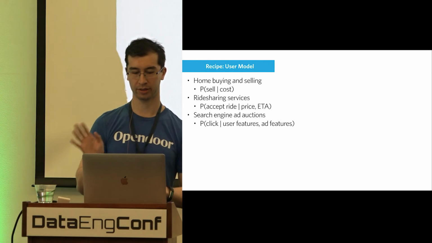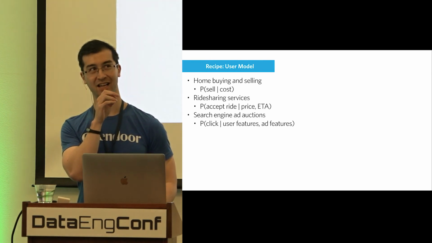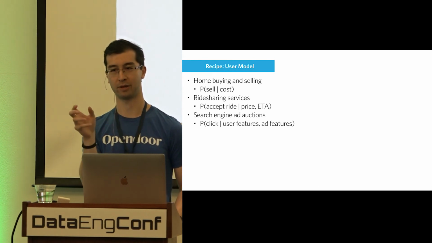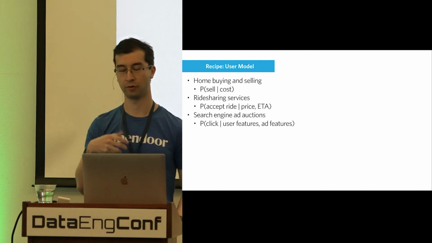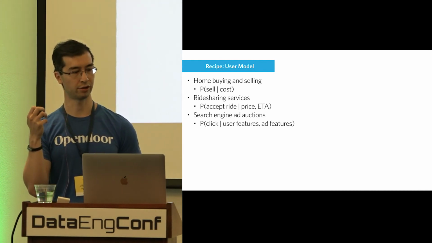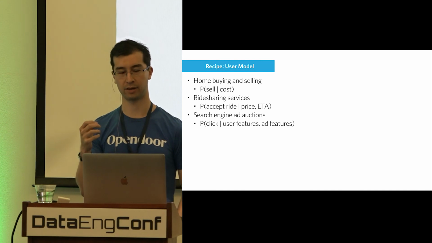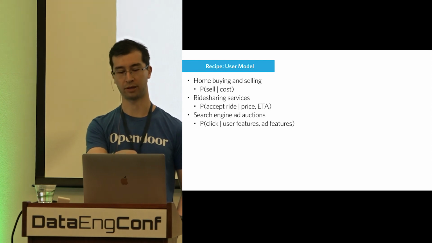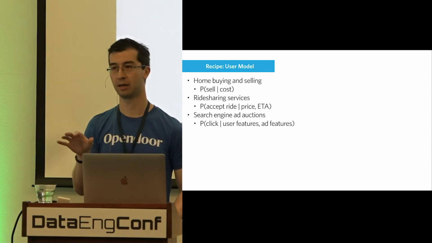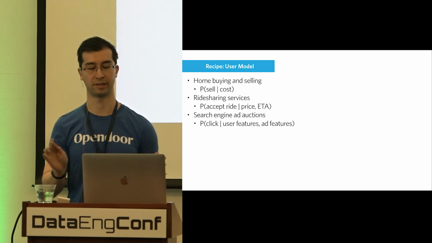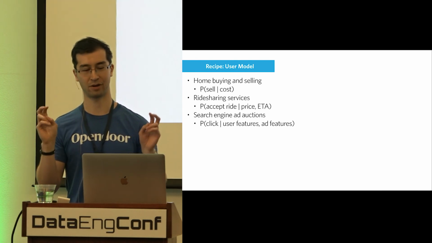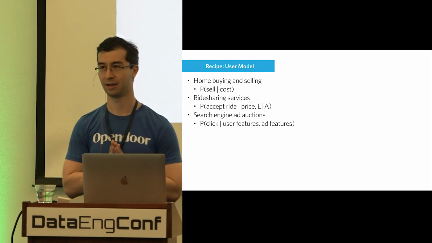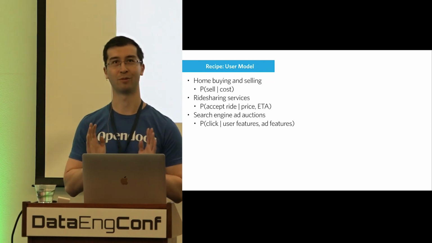So, I wanted to say that this is not a silver bullet, and I think another key assumption is that what you're trying to simulate is modeled in the user model. For instance, Uber recently launched a new UI, and that is not amenable to this kind of simulation because, well, if they're modeling the probability that you'll accept a ride given the price and the ETA and not the UI, then it's blind. It has no power to detect anything, right? You'll say, hey, I'm going to simulate the new UI launch, but the user model doesn't take that into account, so you see no difference. So, yeah, wanted to make that clear.